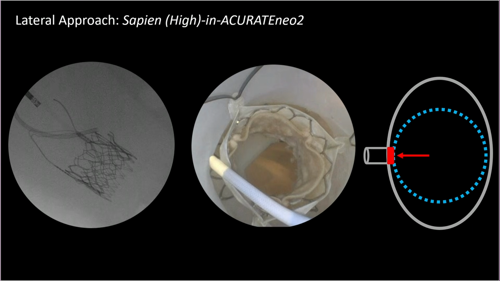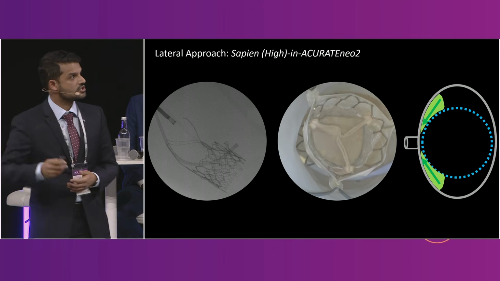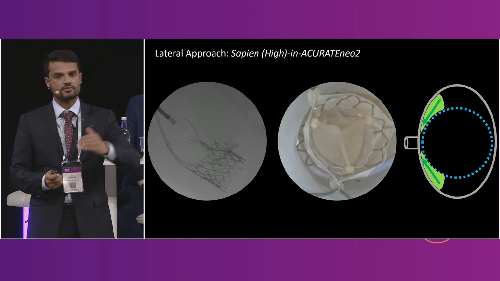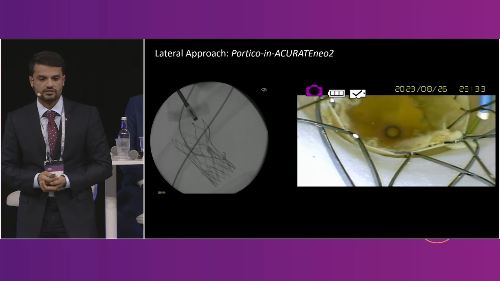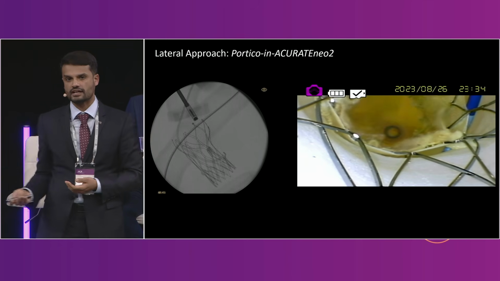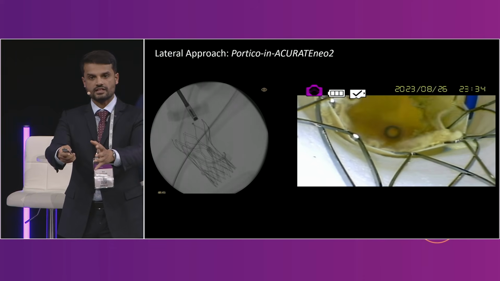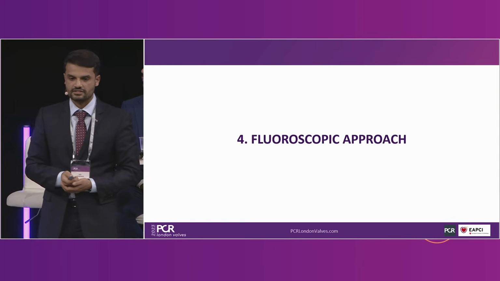So this is a redo TAV, high neoskirt situation, you can't access. But if you simply go laterally, you can use the open cells of the Neo's arch to drop into an adjacent sinus and essentially circumnavigate your way around the assembled valve complex in what is a lateral approach. Even in this setting, this is a very challenging. We've got two tall frame valves, two self-expanding valve platforms, so many barriers here in the middle, but you can simply navigate around using different catheters.